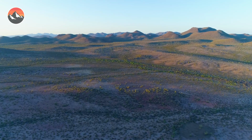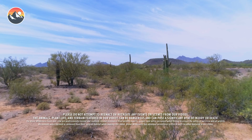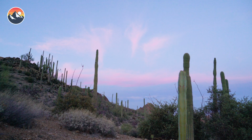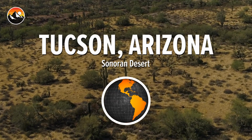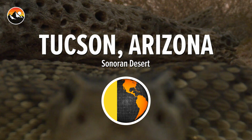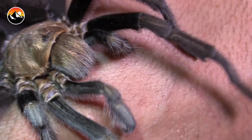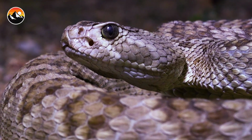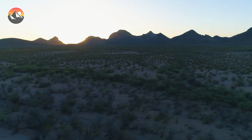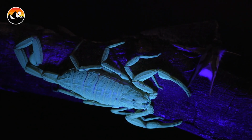From a bird's eye view, the Sonoran Desert looks like nothing more than a scattering of rocks and sparse plants. But we all know by now that it is alive with animals. The deserts of the Southwest aren't only riddled with dangers, they also have the potential to be deadly. During the daylight hours, these creatures stay hidden, doing their best to avoid the scorching sun. Yet when this glowing orb disappears behind the mountains and darkness sets in, a menagerie of creepy crawly nightmares emerge